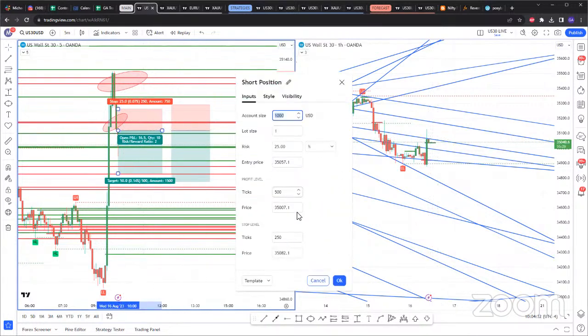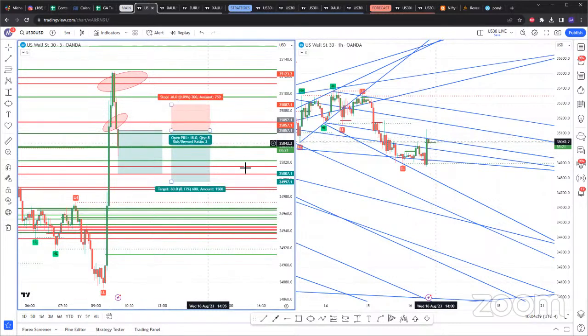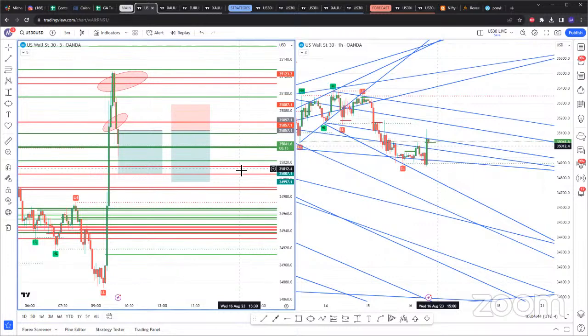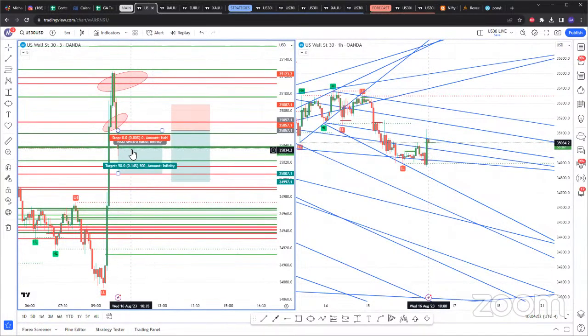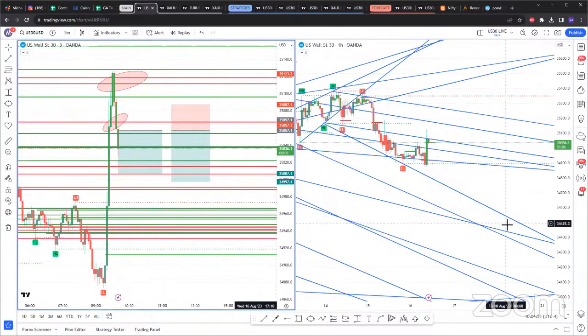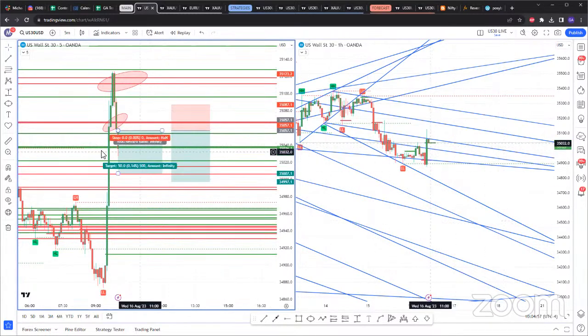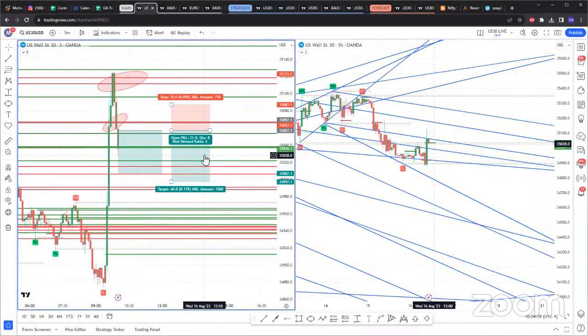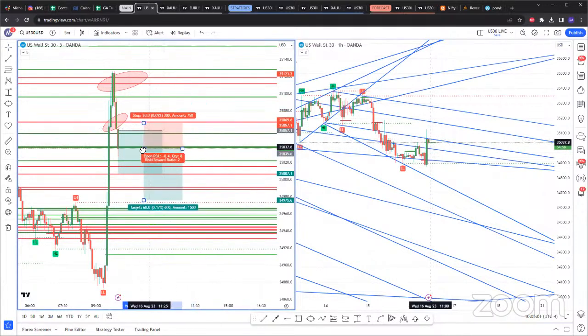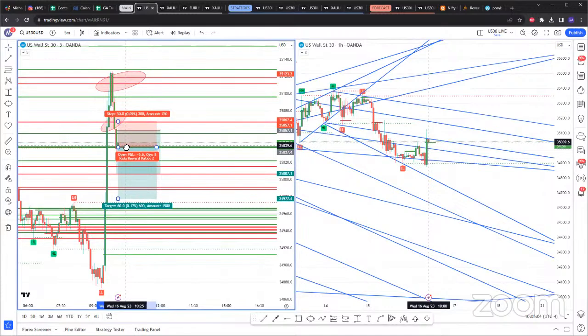Now, if you did enter with a larger lot size than a filler trade, definitely set break even. So whatever happens, this trade for you should be at a break even. Filler trades, you can afford to not put a stop loss, especially if you're sure the trade is going to go in your direction. But just for metrics purposes, I did say filler trades we take with a 0.25% risk. So if this trade hits, it's just like a 1% gain. Again, remember, this is now another entry right now.